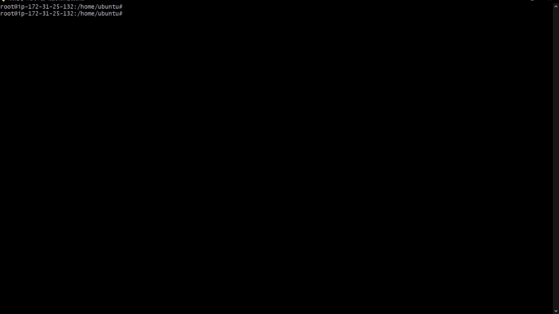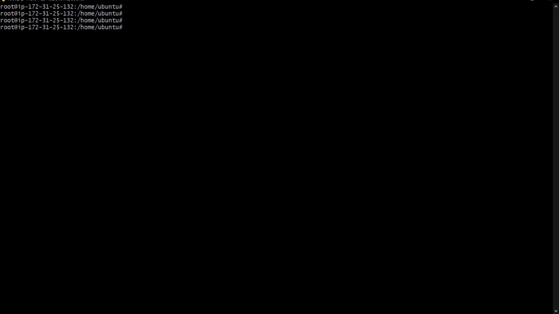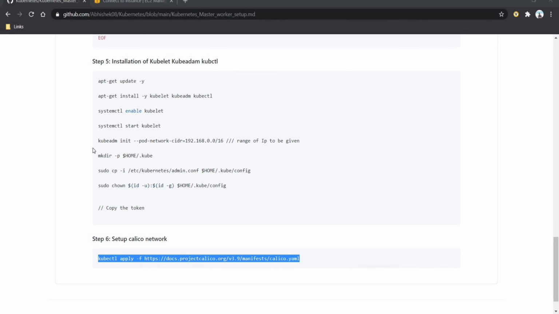If you want to see that, let's clear it out, and this is our master node. All instructions will be executed here. kubectl get nodes. We can see here that a new node is attached. That is this IP address, it's a worker node, and the age is 23. So let's clear this. This is how we create the master and worker node setup for Kubernetes. Now I want to deploy an application.